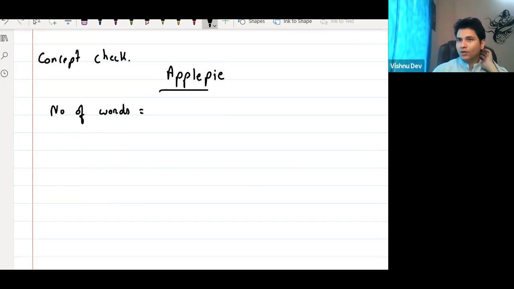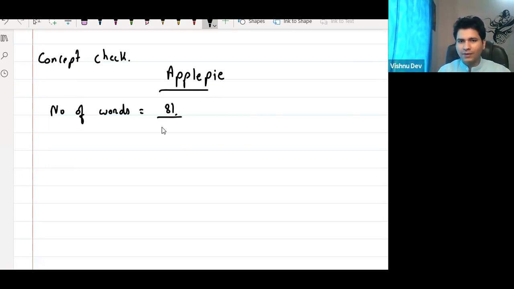Again, it is factorial. It is always factorial, right? So for the total number of words, you have to see the number of alphabets. 8. Yes, 8 is the number of letters, so it should be 8 factorial divided by